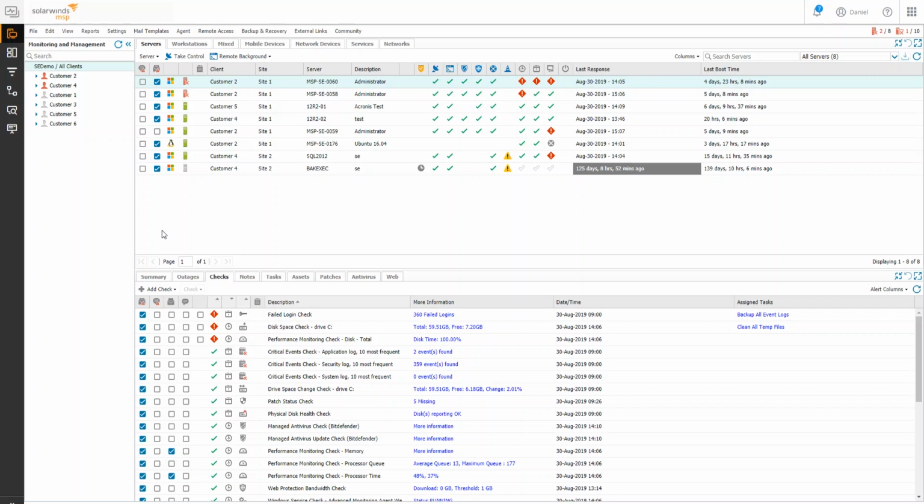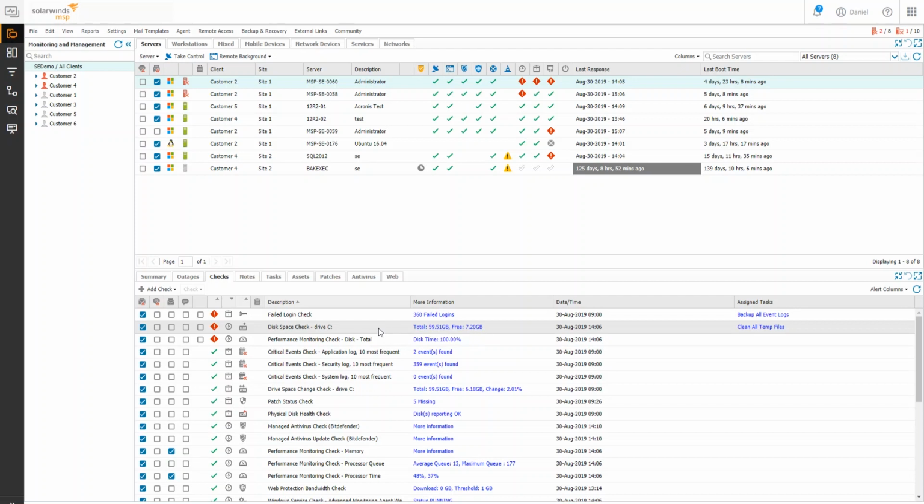It's a great strength of the product. I'm going to start by automating based on check behavior. So there's all manner of checks that are running on your managed devices. These are customizable. Today, we're going to focus on a simple example. This is a disk space check for the C drive. You can see here it simply tells me the total amount of space in the drive and how much remains